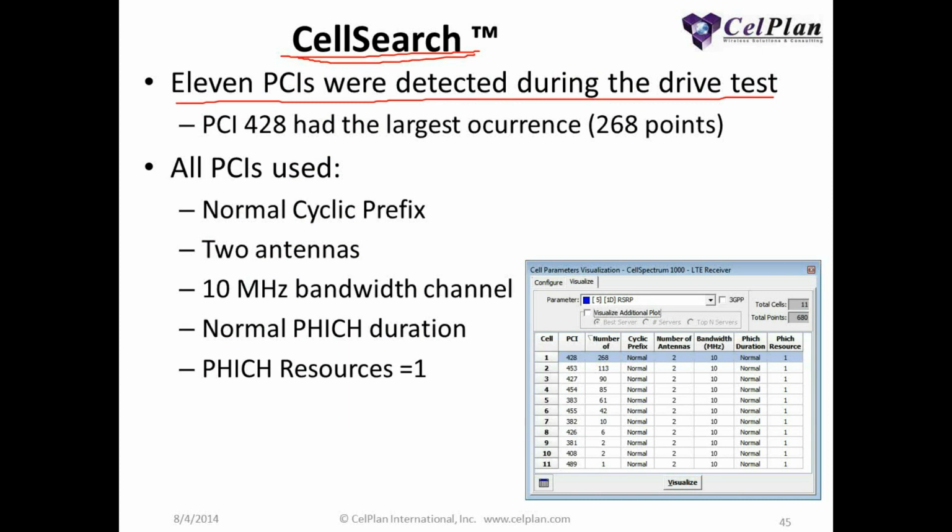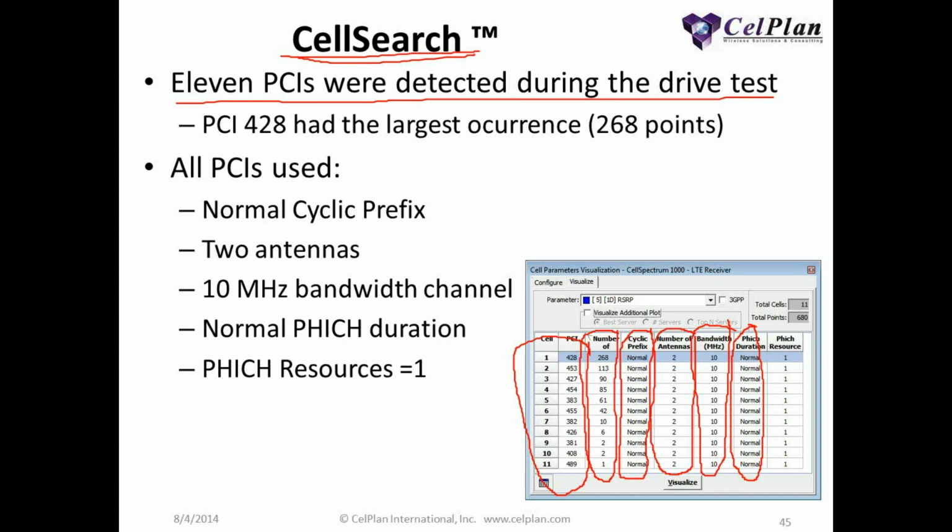This is the number of points that it found for each PCI. All of the PCIs are using normal cyclic prefix. All of them are using 2 antennas. The bandwidth used is 10 megahertz for all of them. The PHICH duration is normal, and the PHICH resource scaling factor is 1. So basically,